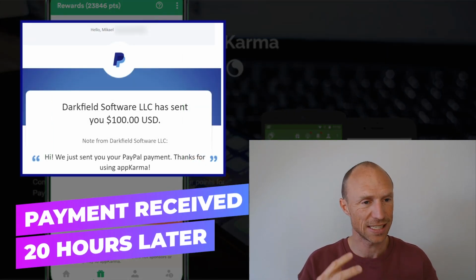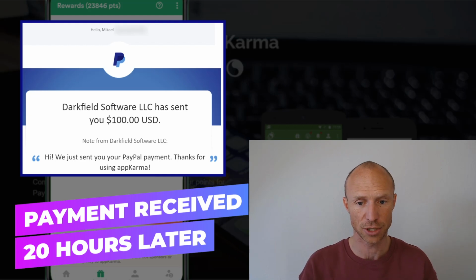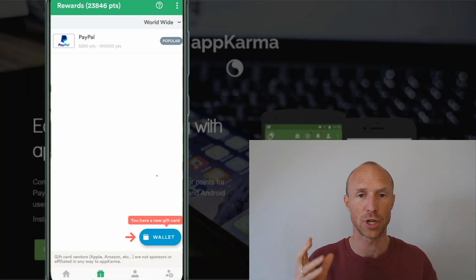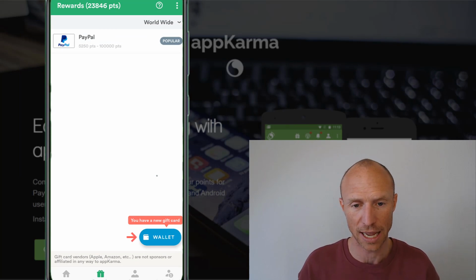You can see the screenshot is an email from PayPal that confirms the money did go into my account, so you can see that it actually does pay. But let's then talk about how much you can overall pay, and can you expect to earn $100 just by scratching and winning. So I just closed down the app now, and let's talk more about how much you can overall earn,